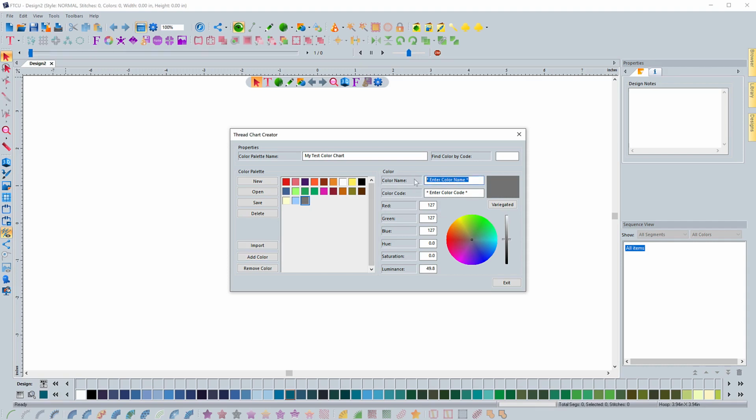So we're going to type in pink for the color name. We'll type in for the code, we'll just say that this is 101. And I'm just giving you some values to go off of here. So 246, and then I'm going to hit tab and go to the green and choose 159. Hit tab for the blue, 247. For the hue, I'm going to put 298.9. I know that's pretty specific, but for the saturation, 86.1,